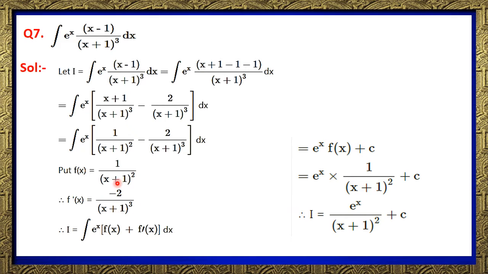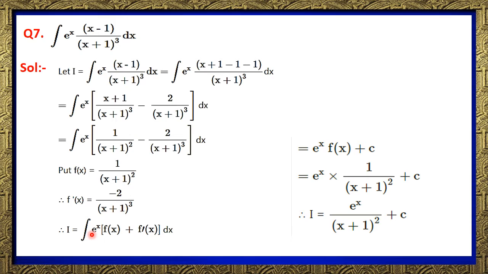By taking this x plus 1 to the numerator and taking it as x plus 1 whole raised to minus 2, in the form x raised to n, the derivative will be minus 2, x plus 1 raised to minus 2 minus 1, it will be minus 2 into x plus 1 whole raised to minus 3. When you take the term in the denominator, then it is minus 2 by x plus 1 the whole cube.